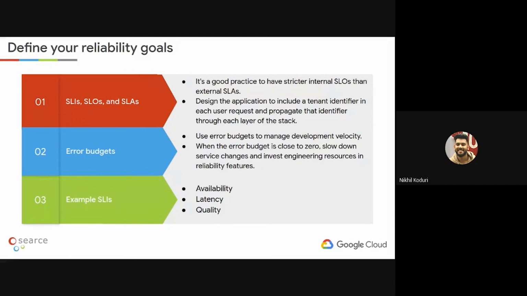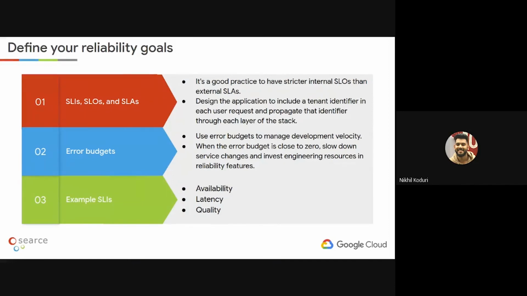It's a good practice to have your internal service level objectives be stricter than your external service level agreements, so that you are mitigating these issues by yourself. You're identifying them much faster and working on them in a much more efficient manner before they are exposed to the external SLAs that you would have.